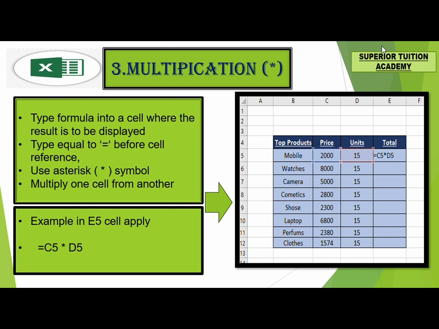In the given example you would see cell E5 where the formula is entered. You will insert cells C5 and D5 with an asterisk sign between each cell reference and press Enter for your ready reference and perusal. The formula is exhibited on the screen. Hence, the multiplication result will appear in cell